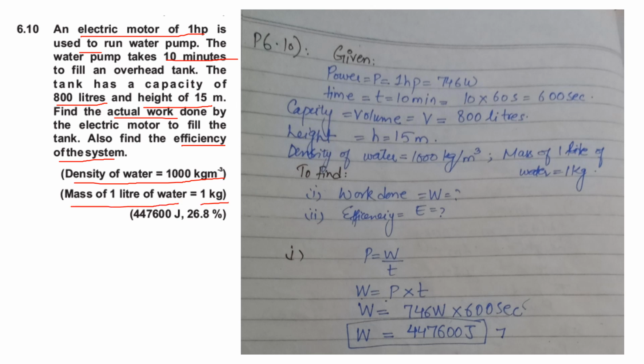So what we have to do, we have to find out the work done and the power. First of all, we have to write the data. The power is given to us in horsepower unit. First of all, I will tell those who don't know what power is. Power is the rate of doing work with respect to time, and the unit for power is watt. But sometimes we use a larger unit for power, and one of the larger units of power is horsepower, and horsepower is always equal to 746 watt. This value we have to memorize.